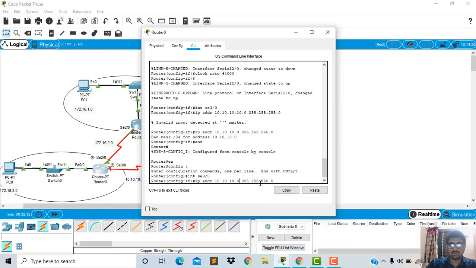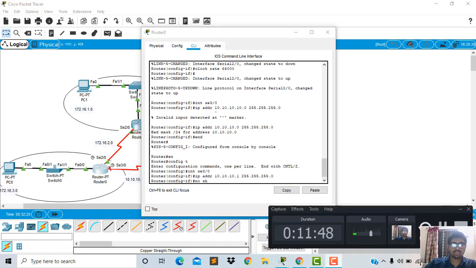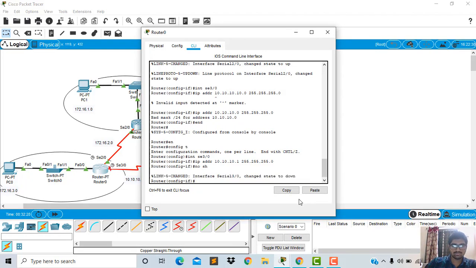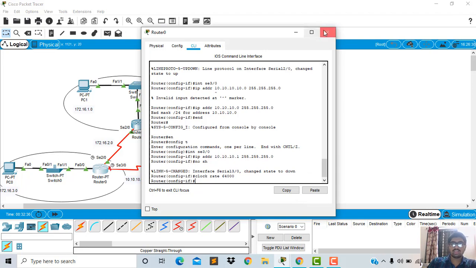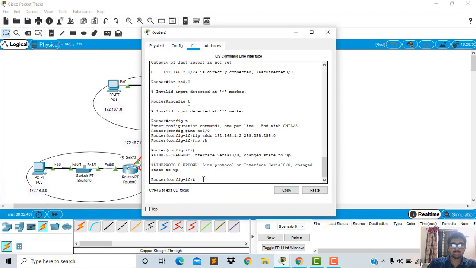Now we will assign the IP address as 10.10.10.1 and no shut. We are giving no shut. Now we will give the clock rate. Clock rate is 64,000. Now the same we will assign to router 2 to configure the information from this to